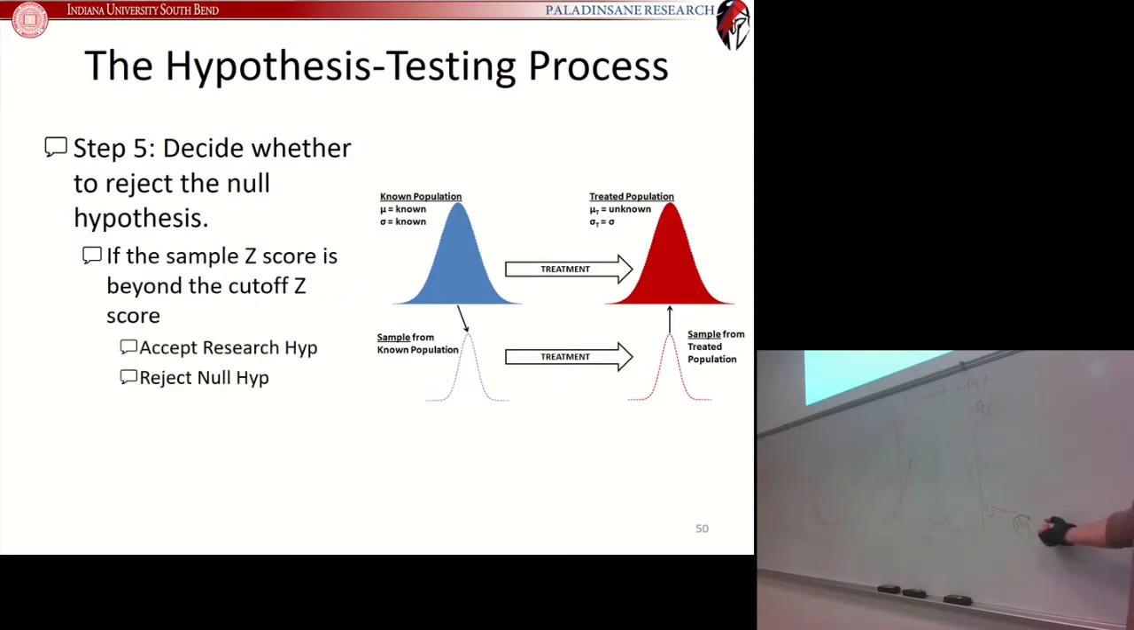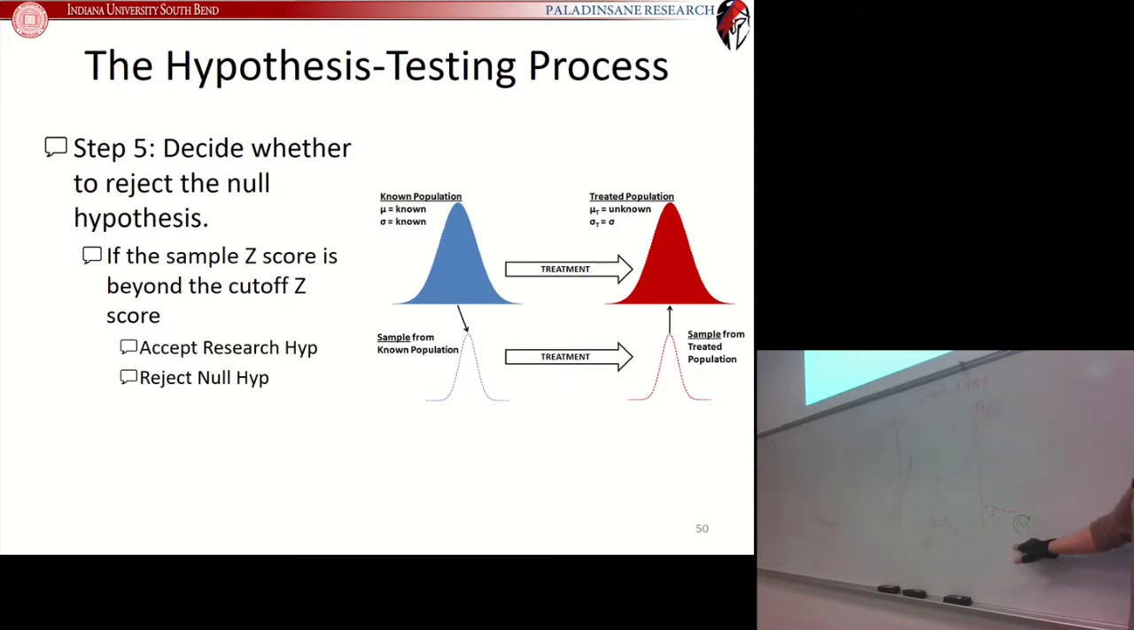If the sample z-score is beyond the cutoff z-score, yes it is. There it is. It went beyond the cutoff z-score. What do we do? Well, I don't know why, but I accept the research hypothesis. I don't know why at the moment, but I reject the null hypothesis. So if that's where you're at currently, fine. That's completely acceptable. But make sure that you're using these slides, using this kind of decision matrix,